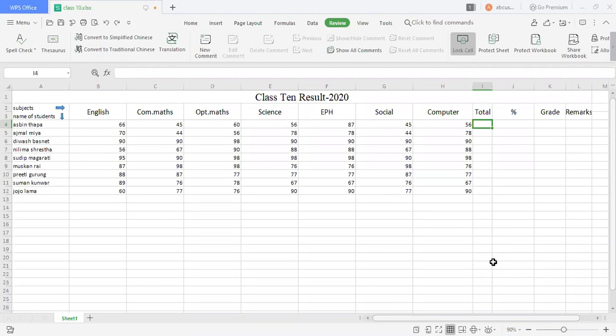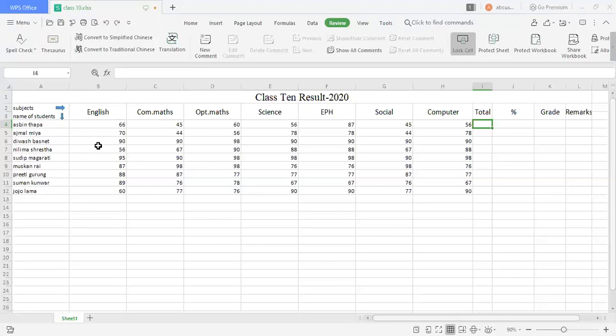Today in this video, I am going to perform some mathematical operations as well as some logical operations in Microsoft Excel. As we know, Microsoft Excel is totally related with mathematics, mathematical expressions, formulas, and some logical operations. So here I am going to illustrate how to use these mathematical operations, formulas and logical operations in Microsoft Excel. Please watch this video till the end.